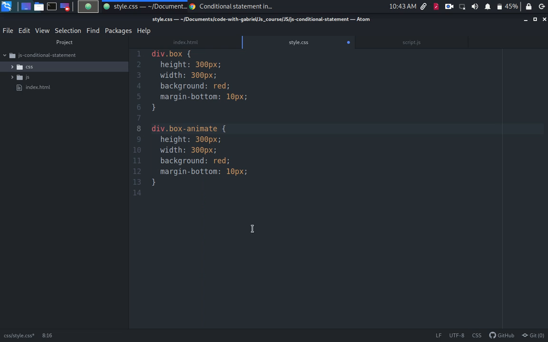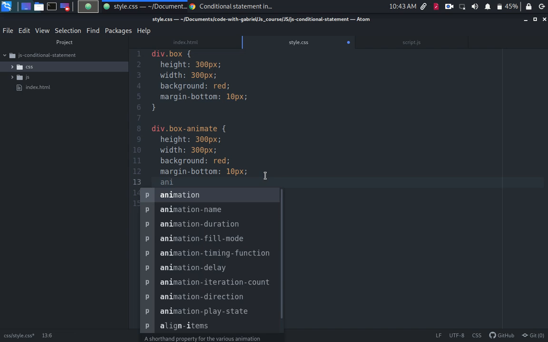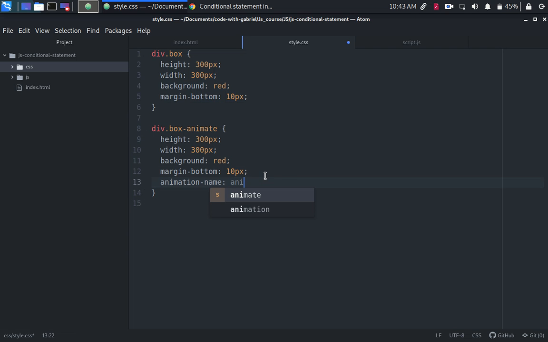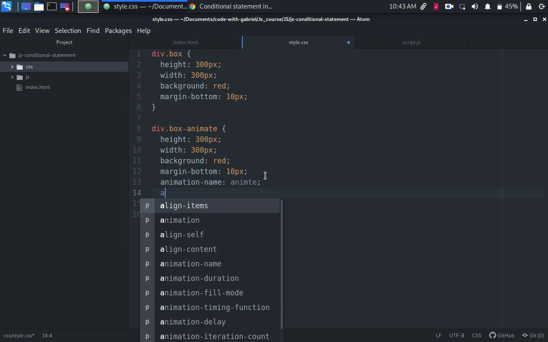So this is going to be an animation box instead of a static box that is not doing anything. This one is going to be doing something. So let's go ahead and set the animation. The animation name that we want to use is animate. And animation